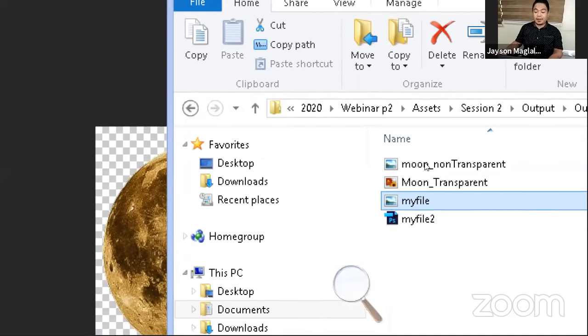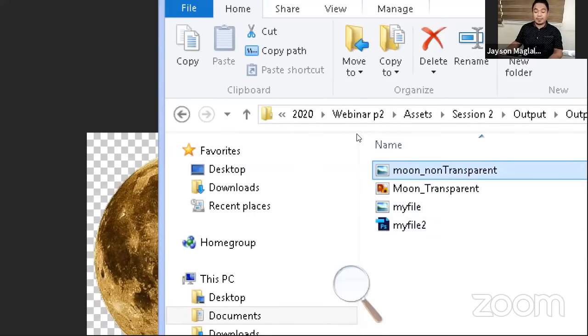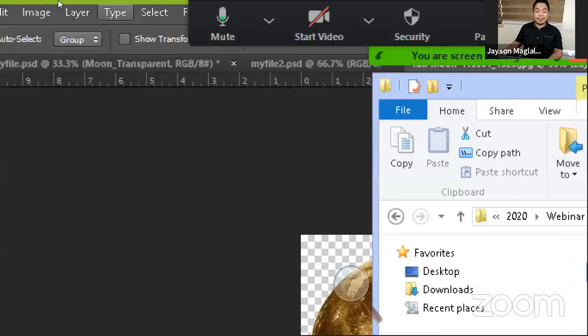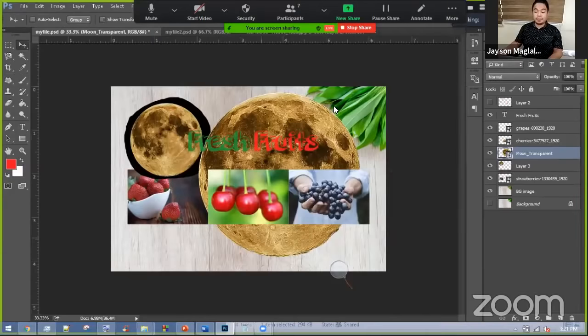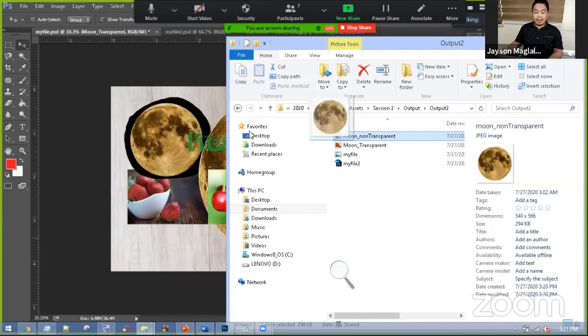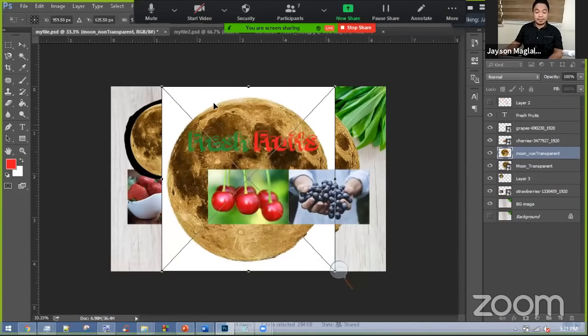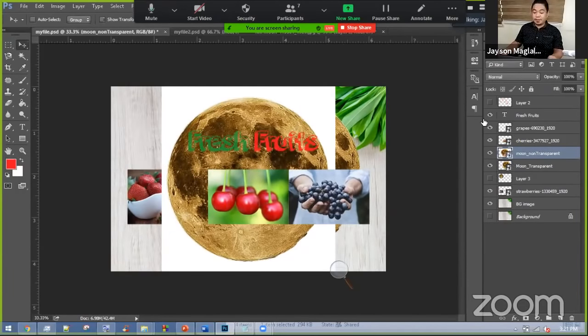Okay, now sa folder, meron na tayong Moon non-transparent. I can now drag this dito sa ating myfile.psd. So to do that, drag natin and then release. So if we compare now yung mga images natin na to,